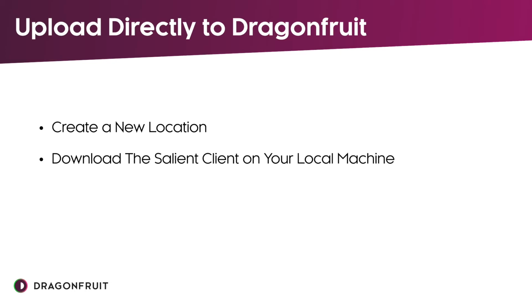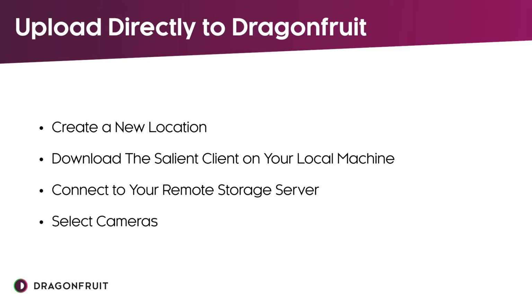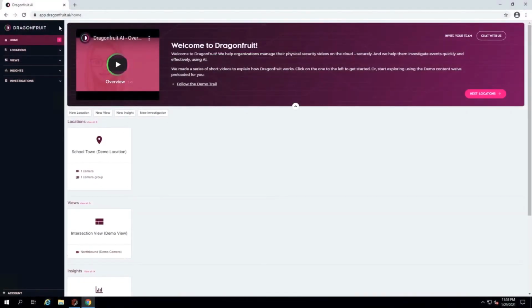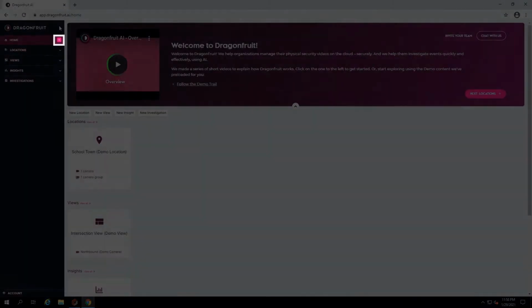Next, download the Salient client on your local machine. From there, connect Dragonfruit to your remote storage server, and finally, select the cameras whose feeds you would like uploaded to the Dragonfruit cloud. Create a new location by clicking on the magenta plus button in the top left corner,